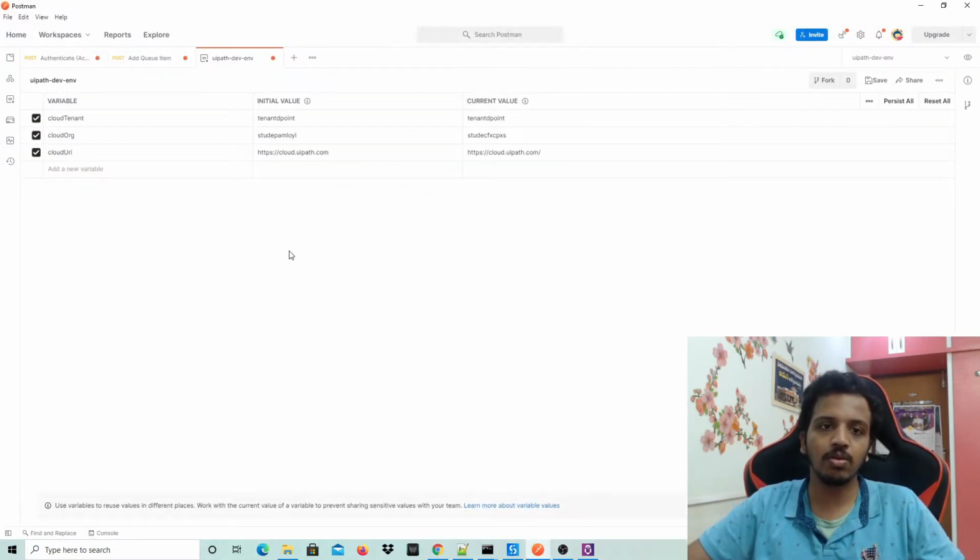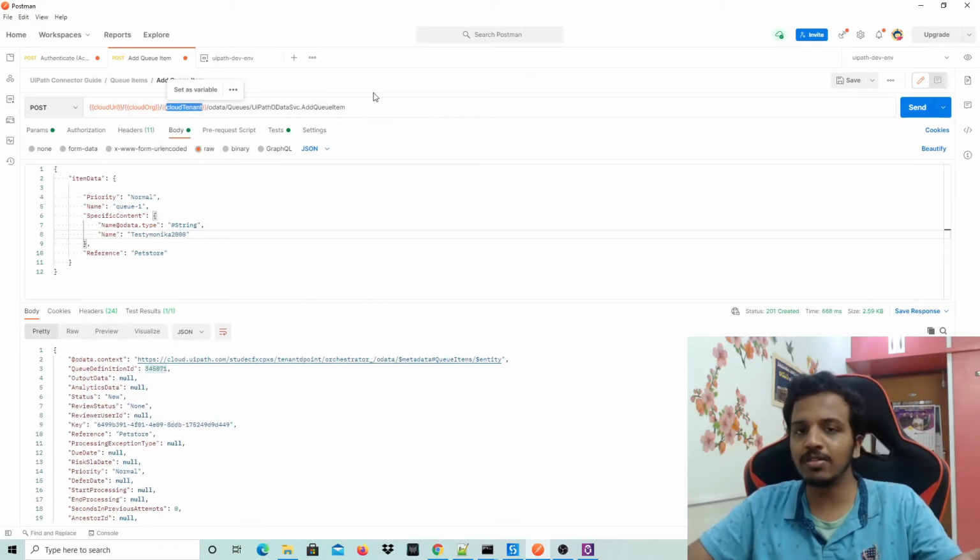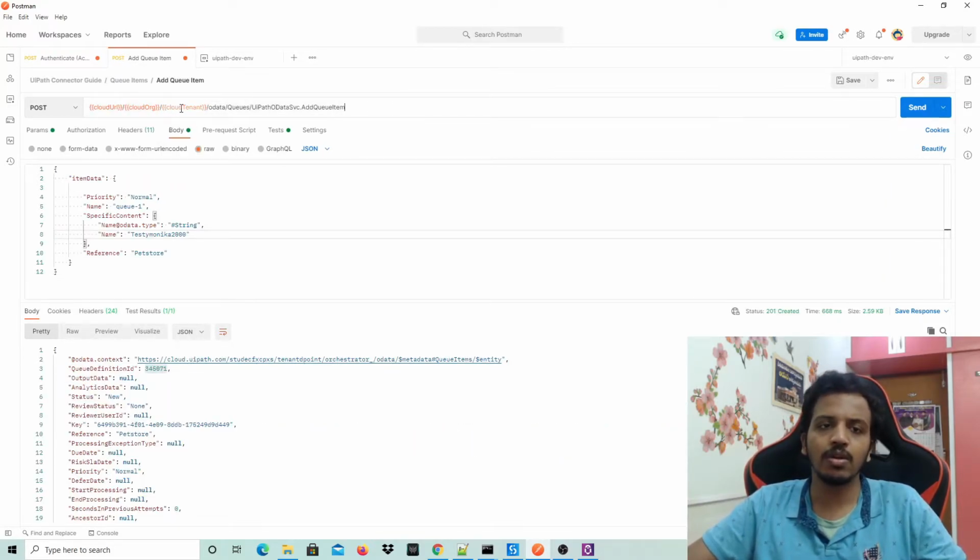So let's simply go here. And what is my cloud tenant? Yeah, it's the same. Cloud URL is the same, and save this. So I'm giving this value to cloud tenant, and I'm using cloud tenant as a keyword in the URL. It's a Postman feature. What you can do is simply place those values here, and our URL becomes the complete URL.